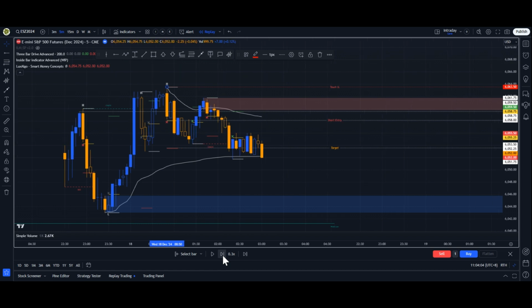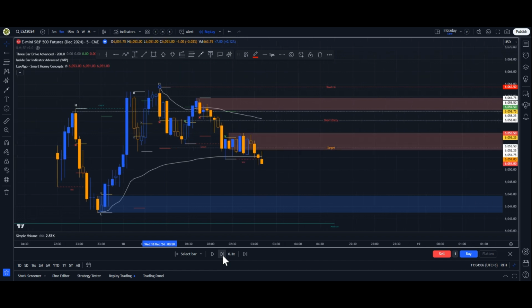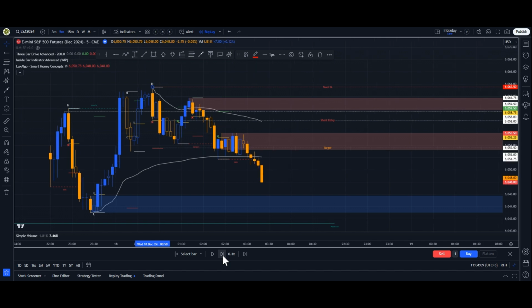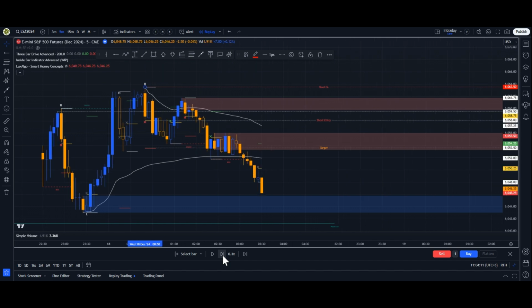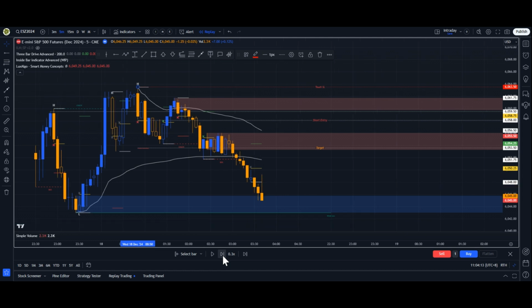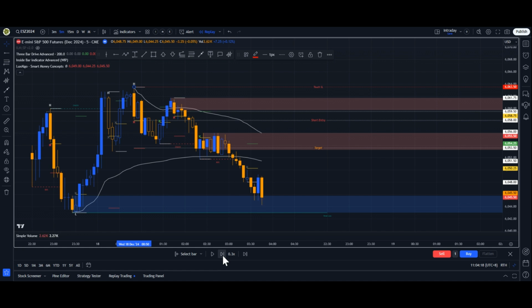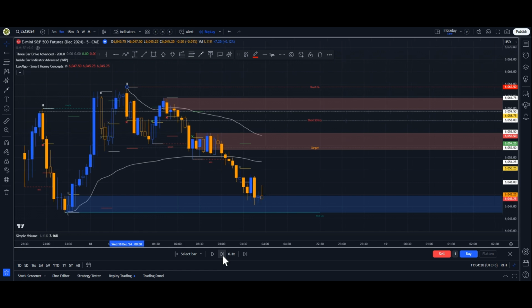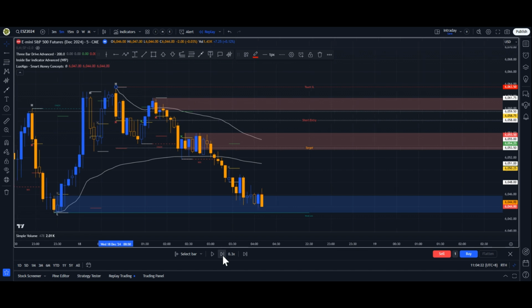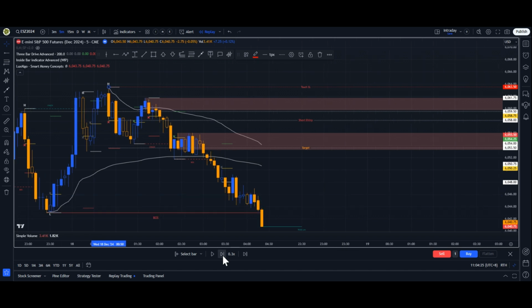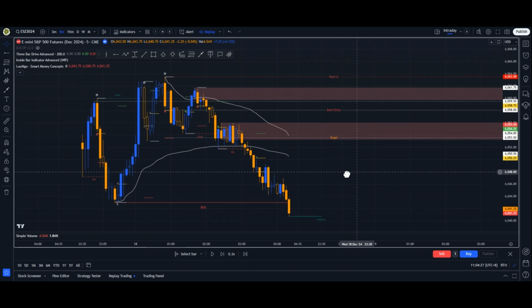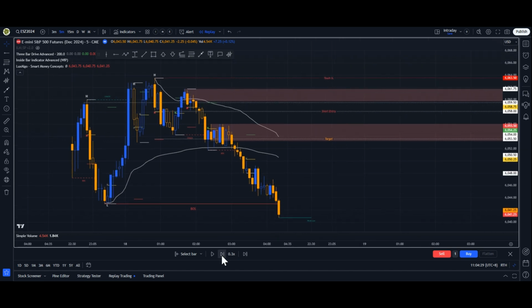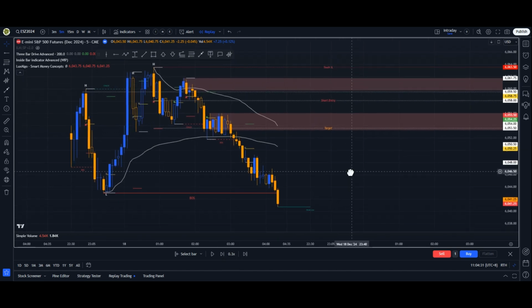So we continue. Market continues to come down. Continues to come down. Okay. So at this point in time, a new low has been created. So the way that we spoke about our trading setup is now